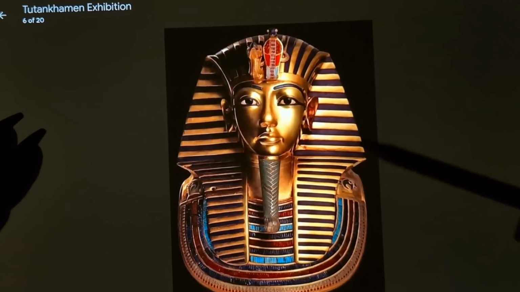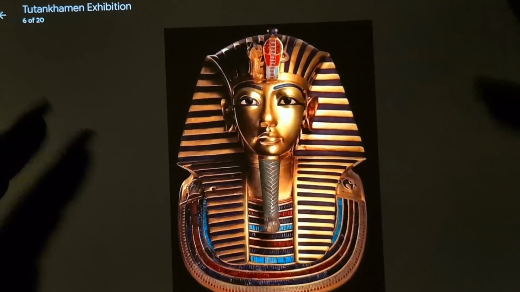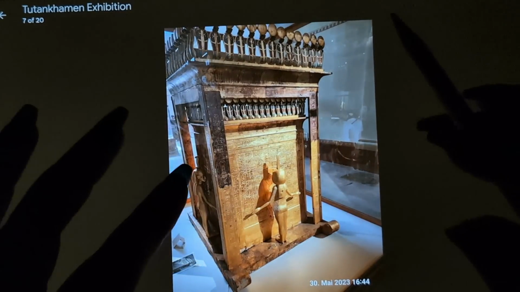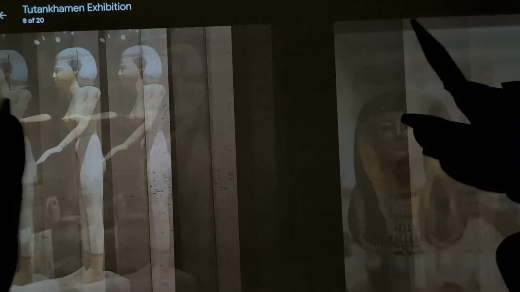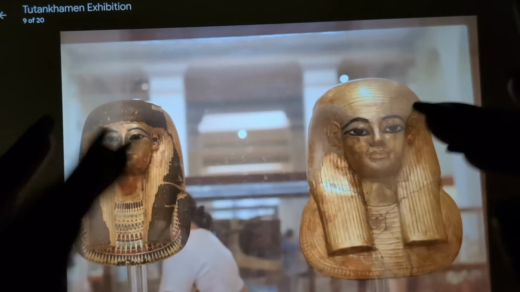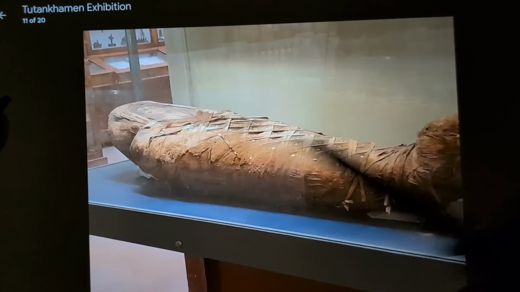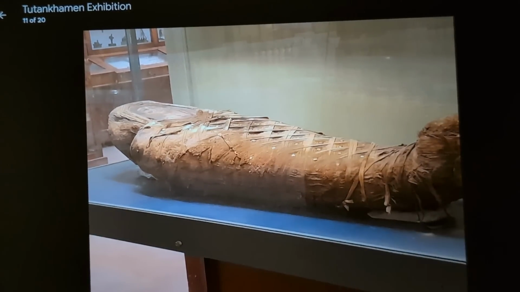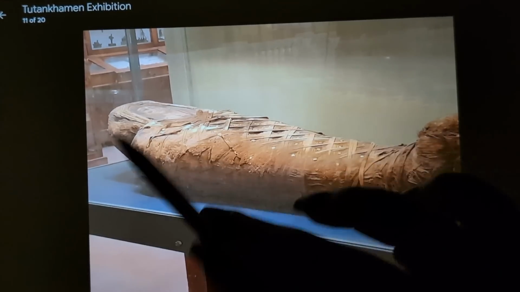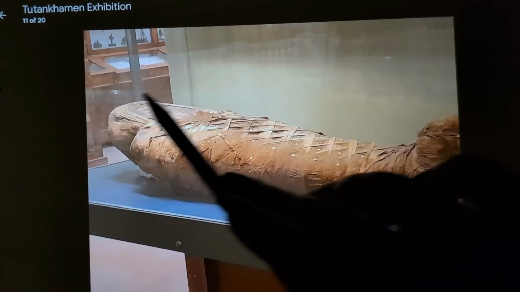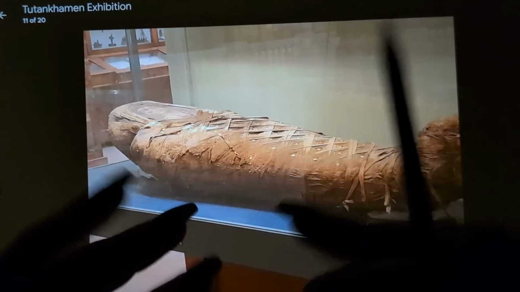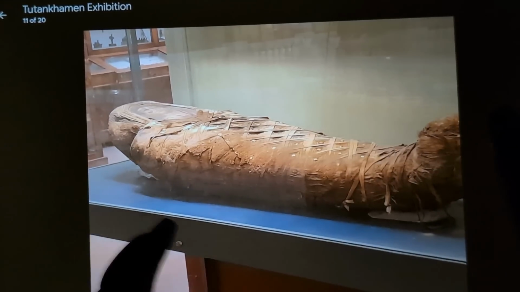There he is. The young pharaoh himself, King Tut, died tragically young. Since he died very suddenly and at a very young age, I think he was like 19, he died unexpectedly. His tomb wasn't built yet because he had just been crowned like 3 years earlier.